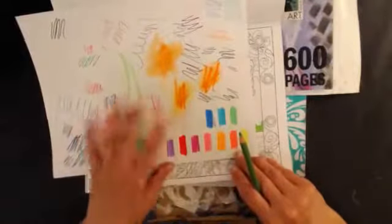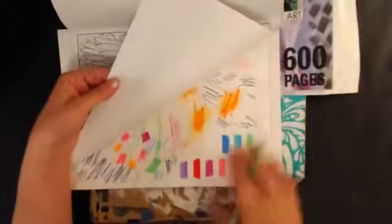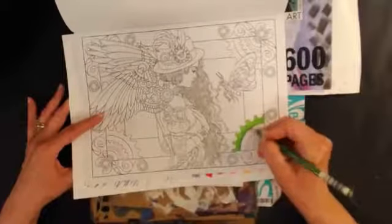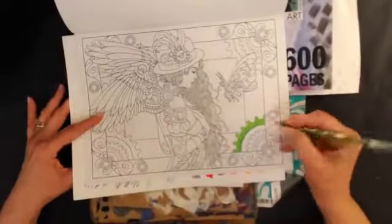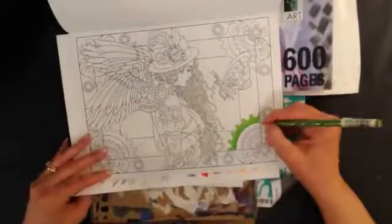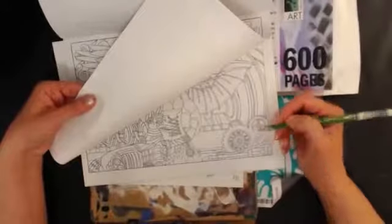This has just got pen, but if this was color pencil and I put that between it and I started coloring, I'm going to pick the color pencil up from here onto here. But if you're doing any kind of coloring, and I don't bear down very hard when I color because I'm just so used to coloring with color pencil, you're going to indent the page behind it. You're going to put an indent on here so that when you go to color this page,